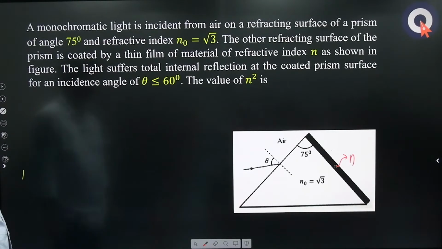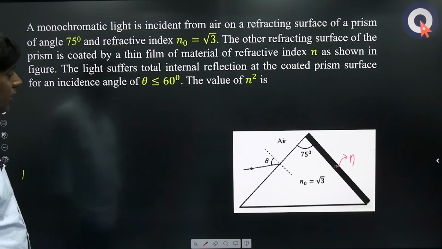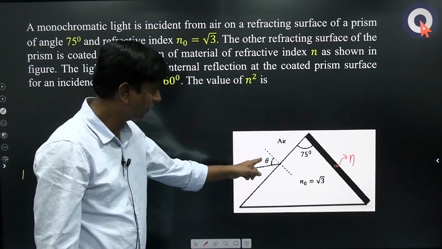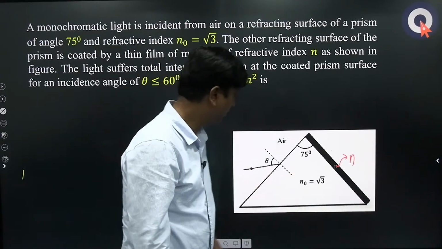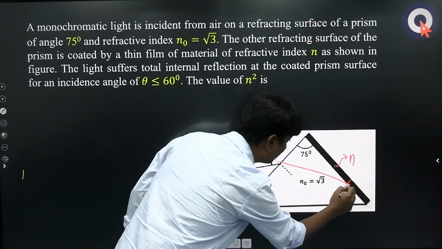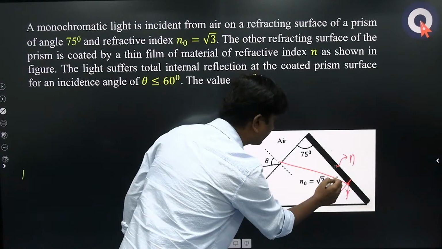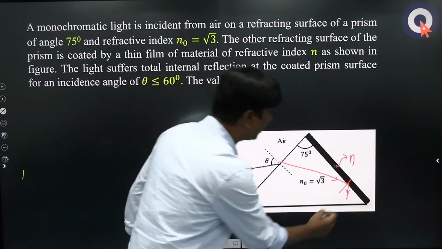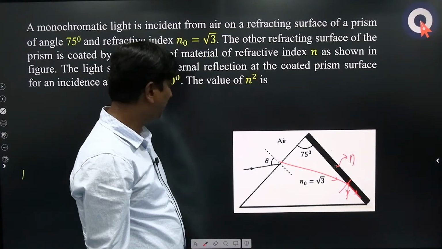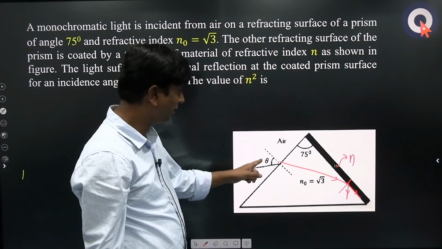Theta is less than or equal to 60 degrees. Okay, so that means if theta is, suppose theta is exactly 60 degrees, then here it will bend towards the normal like this, and here it will have a total internal reflection, let us say. I mean exactly 60 degrees means it will have a grazing emergence like this. If theta is less than 60,